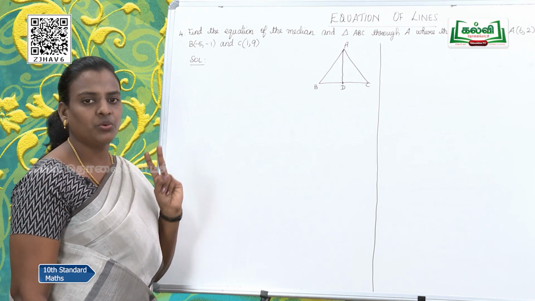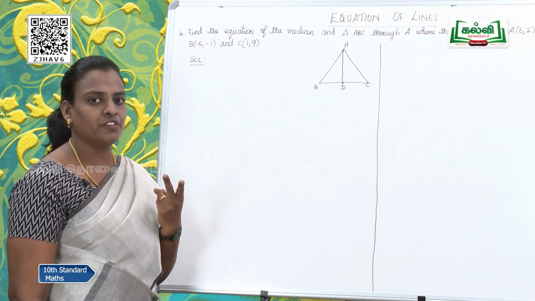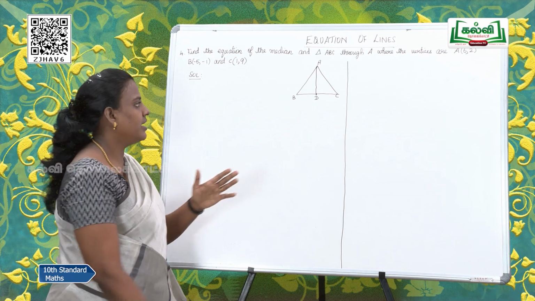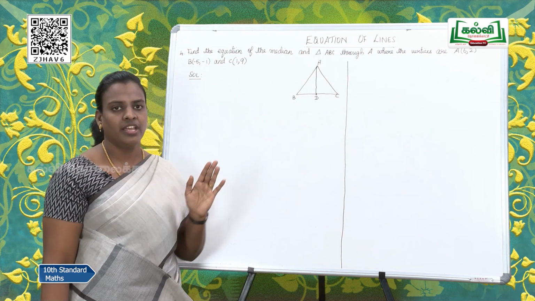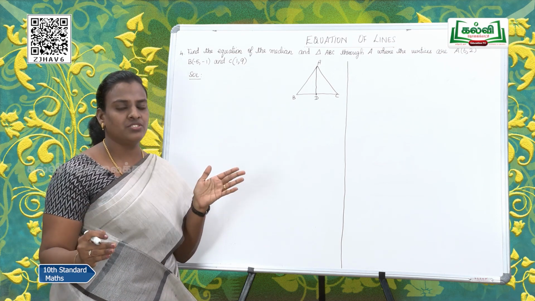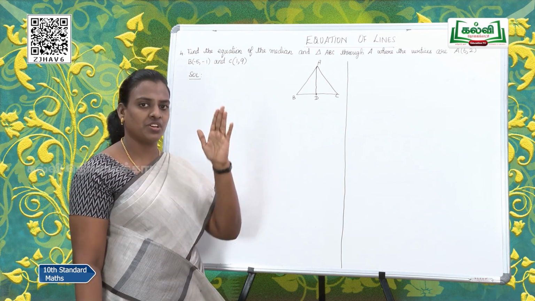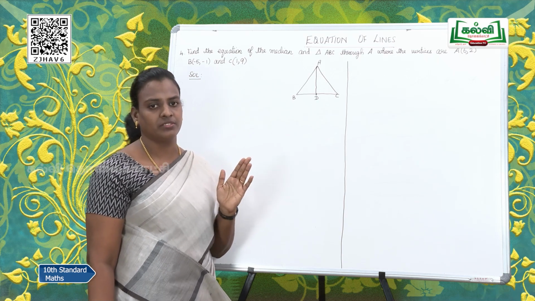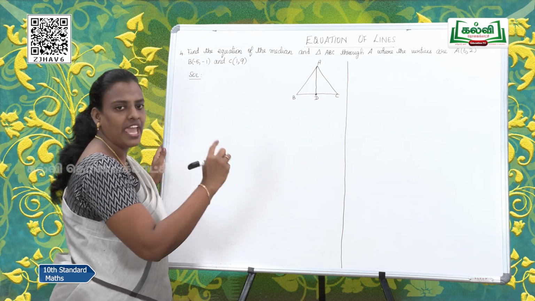Okay. Now here two things are given, the median and the altitude. So you should not confuse between median and altitude, because the line joining the midpoint, it need not be a straight line, it need not be a perpendicular line. It is just the line joining one point and the midpoint of the line joining 2 points. Understood? But altitude, it has to be a straight perpendicular line, because altitude is nothing but the perpendicular. Understood? So now first I am going to find the midpoint of B and C.